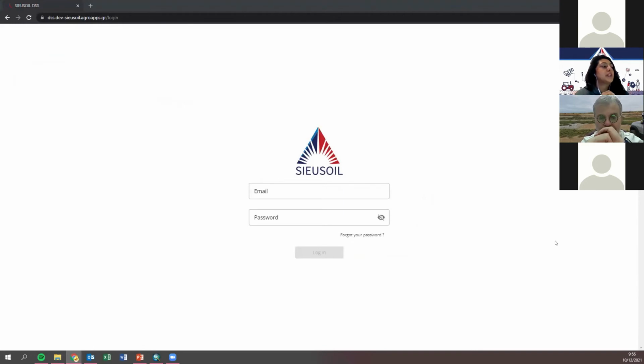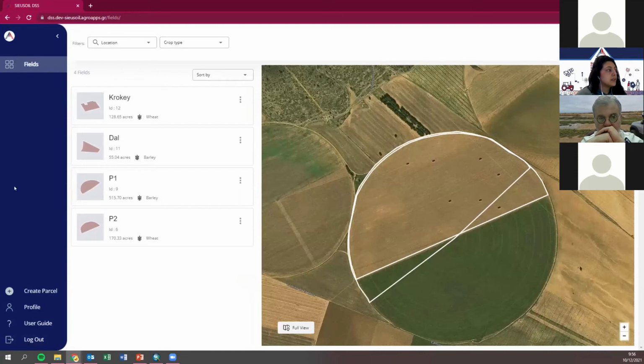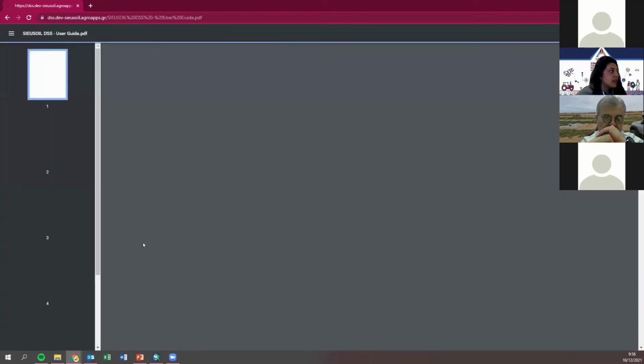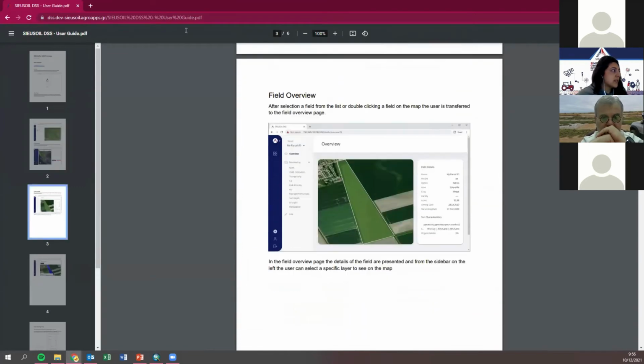Yes. So when you open the tool, you are asked, of course, for your credentials. After you log in, you will have this main screen. Your main screen will list all the fields in your farm or the fields that you are managing, along with some images. The interface is really simple and user-friendly. If you open it here a little bit, you can read what the options are. One of the most useful tools is the user guide, because if you click it, you will have a PDF explaining how to do things. This is really helpful.